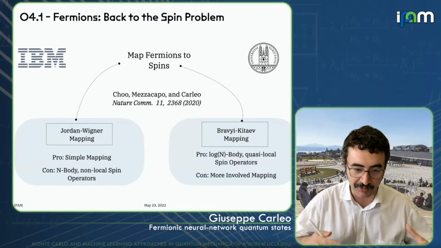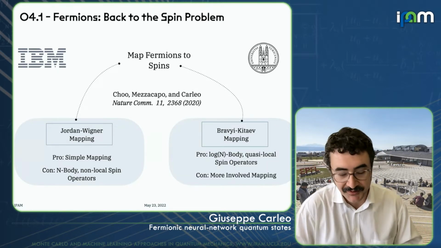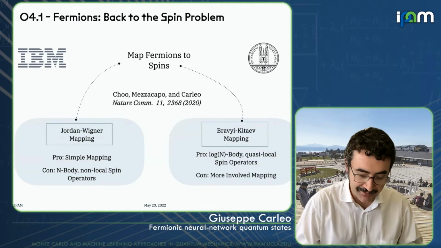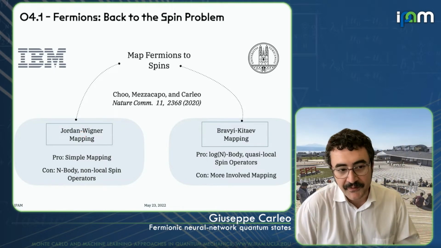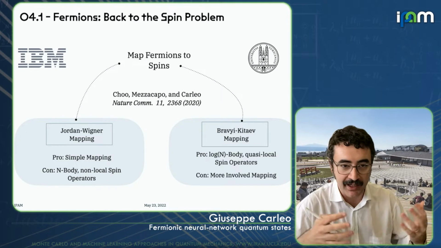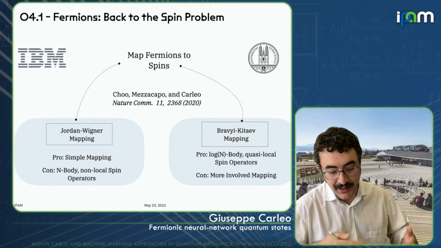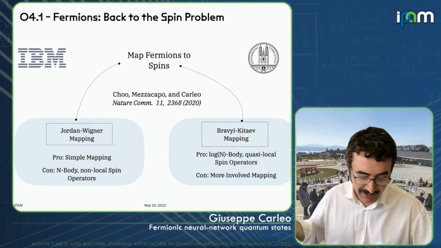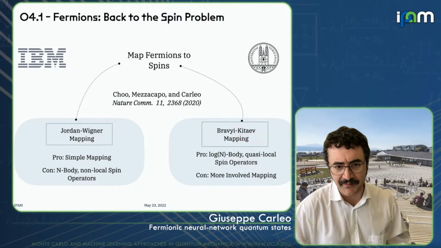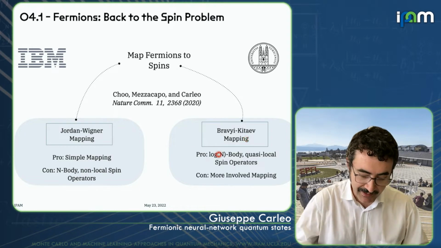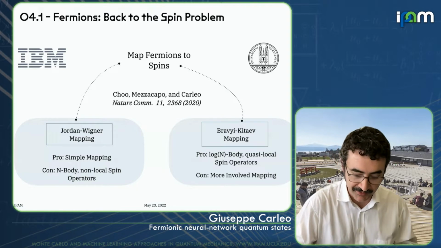So this is a very straightforward idea. If we have a technique that works for spins, why don't we just use the same kind of methods also to study fermions directly? And as you know, you can do that pretty easily. For example, you can do the famous Jordan-Wigner mapping that allows you to map an arbitrary fermionic quantum chemistry Hamiltonian onto spin degrees of freedom. This is a very simple mapping. Or there are more complex mappings that are less known in condensed matter or even in quantum chemistry. One of these is the Bravyi-Kitaev mapping. They all achieve the same goal, which is to map fermionic degrees of freedom onto spins.